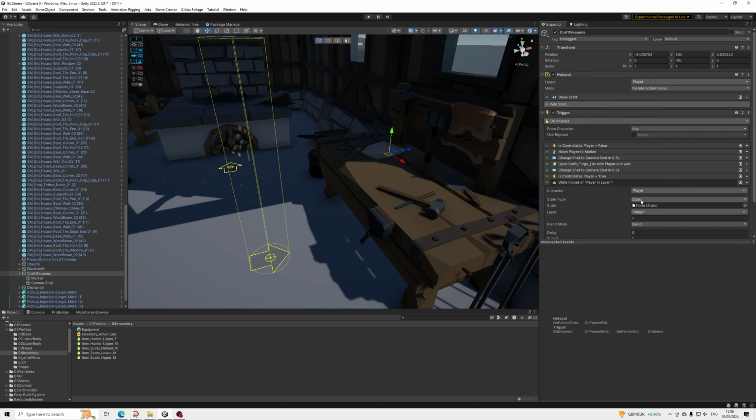Enter state, and here I'm going to do animation clip. I'm not going to be using the enter exit animations at all. I don't think that's needed. With blending, it will look fine, but if you want to do that, just create an entire state, and then basically